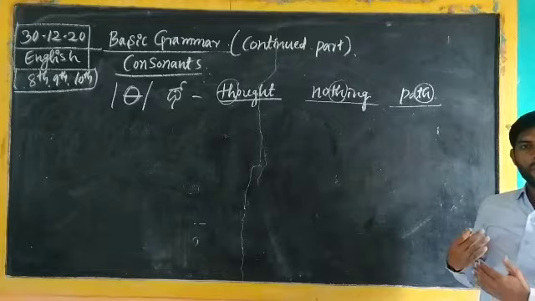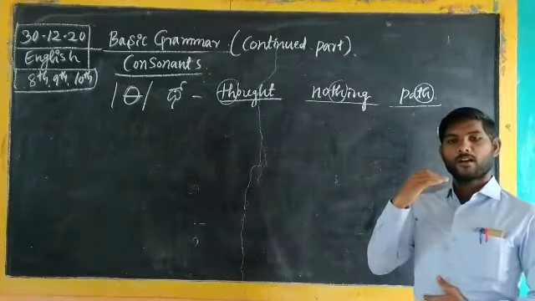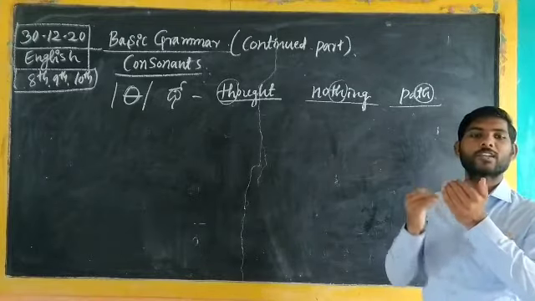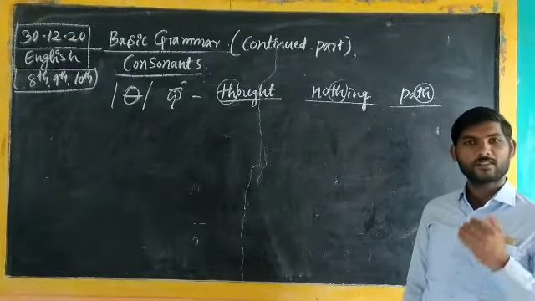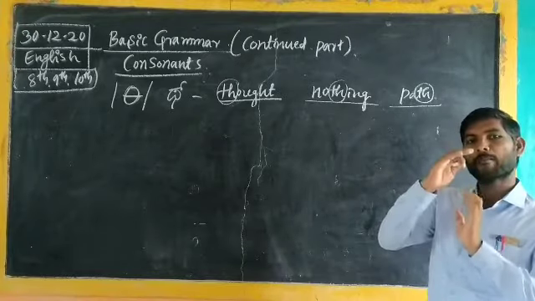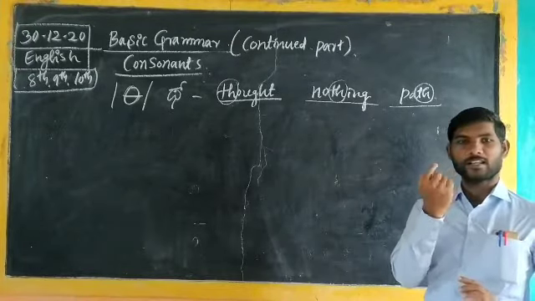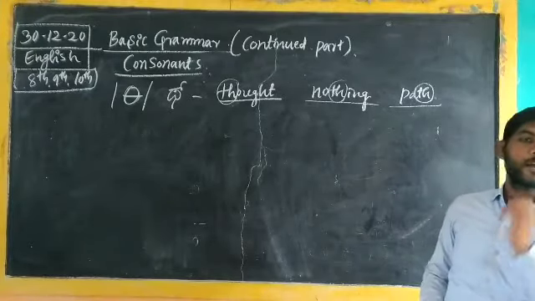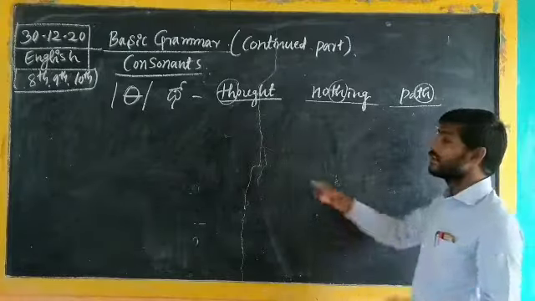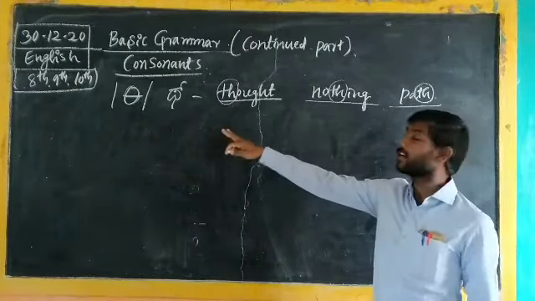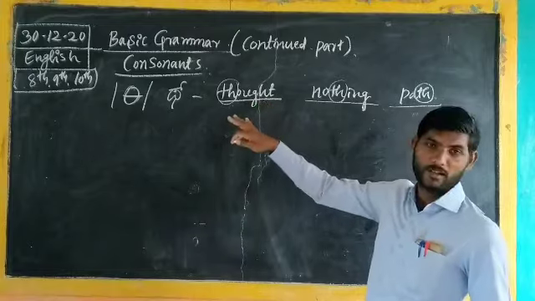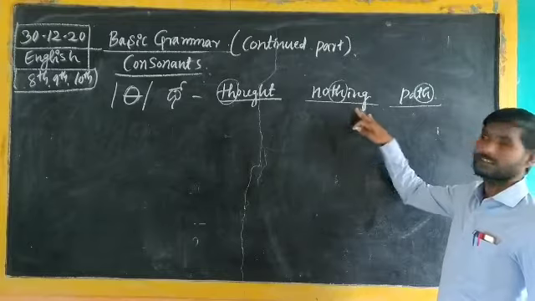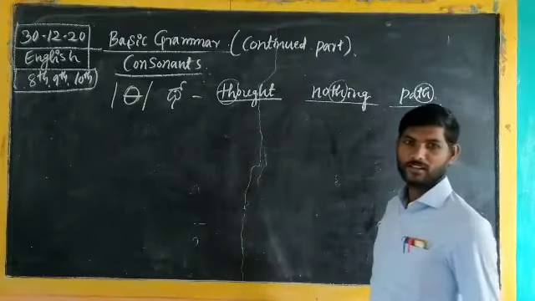Our pronunciation depends totally on our breath. From the upper teeth to the lower teeth, there is tongue activity going on there. Th. Our tongue touches the edge of the upper teeth while pronouncing. That's why it is the seventh letter. The seventh consonant is pronounced th. What are the examples we have to understand? Thought, nothing, path. Understand? The next one.